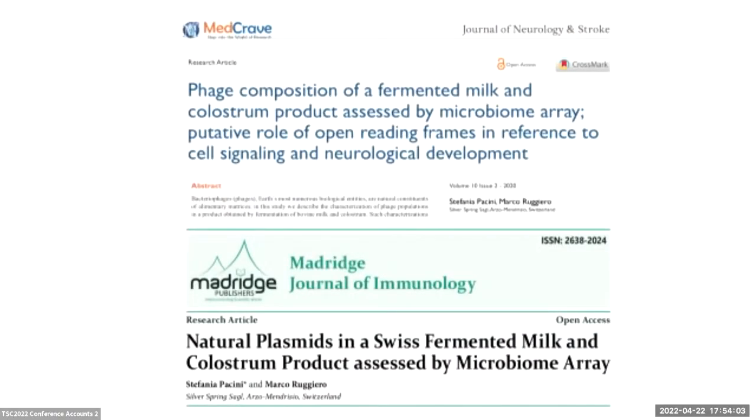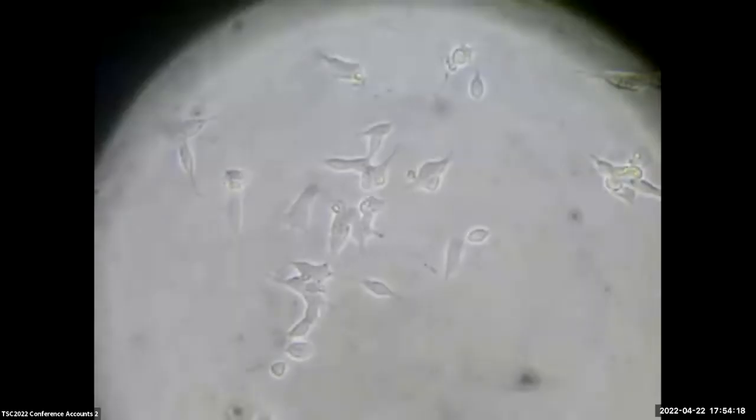And we have used an ecosystem that we have developed, characterized, and published, in particular as far as the composition in phages and plasmids is concerned. These are the two articles where we describe the complete characterization of this ecosystem. Now, these are the human neuronal cells on a petri dish. They do little. They emit some elongations that could resemble axons or dendrites, but they don't do much. They just sit there and they replicate very slowly.